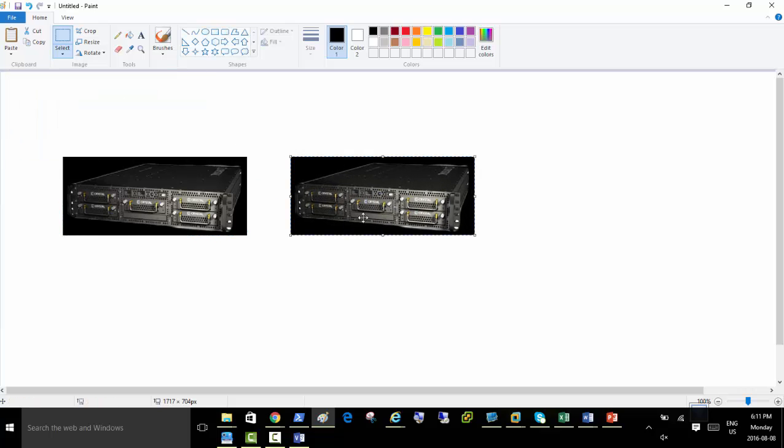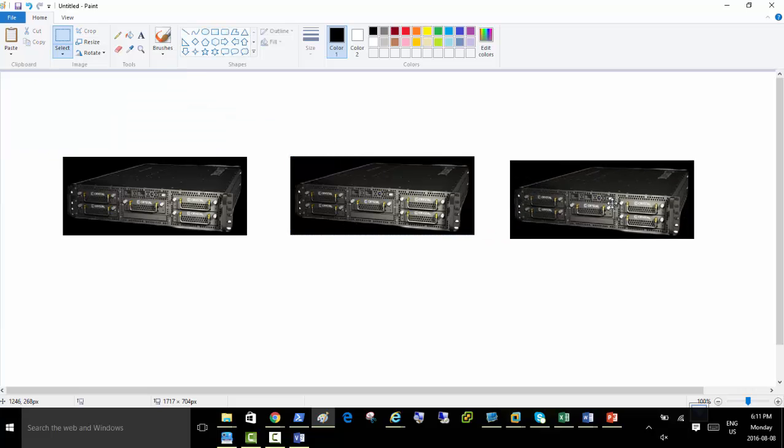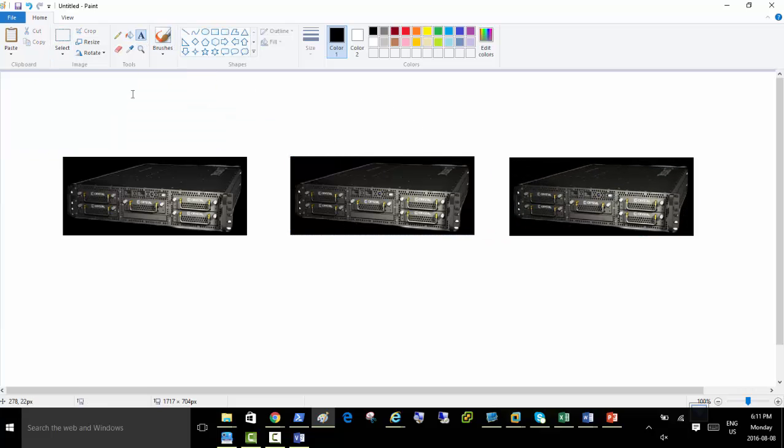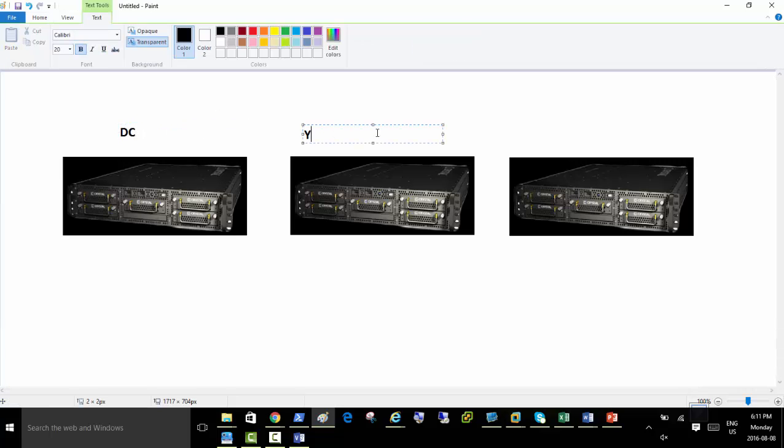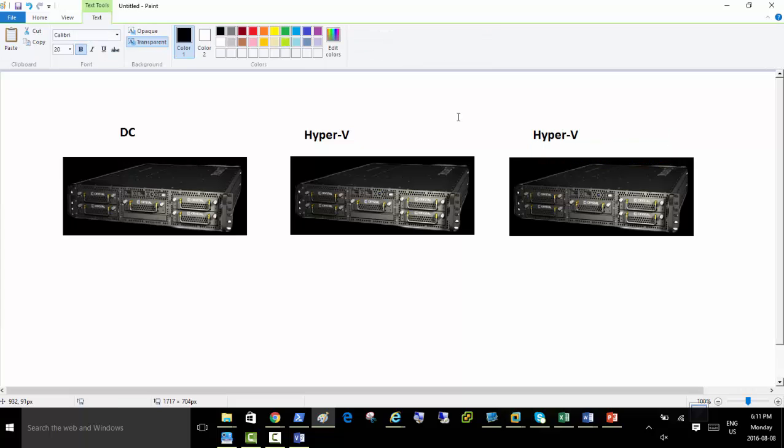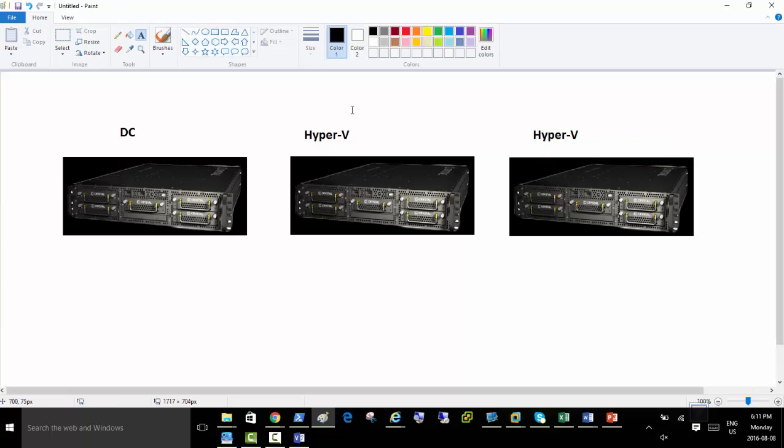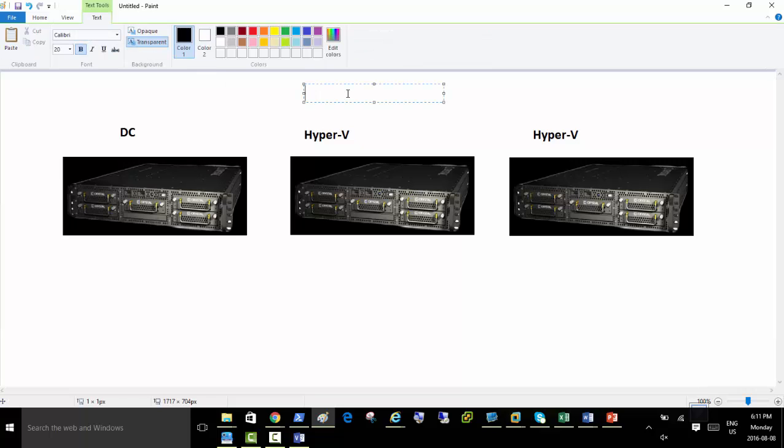So three virtual machines are there, right? And then first is of course the DC, and let's just make sure that it is our clean DC, like if you have a clean snapshot. And then we go for two Hyper-V here, right? So two Hyper-V machines, we need two member servers here, and the objective is to do live migration of a VM from one Hyper-V